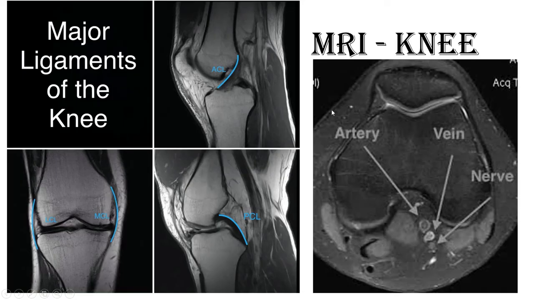Okay, now something about MRI. We are not radiologists, but still you have to know some basic knowledge about MRI, otherwise you cannot understand what is pathology. See, this is the patella, this is the femur, and it will take multiple cuts. This is the coronal plane, this is the sagittal plane, this is the sciatic nerve, and this is the anterior cruciate ligament. Can you appreciate this? This is the anterior cruciate ligament.